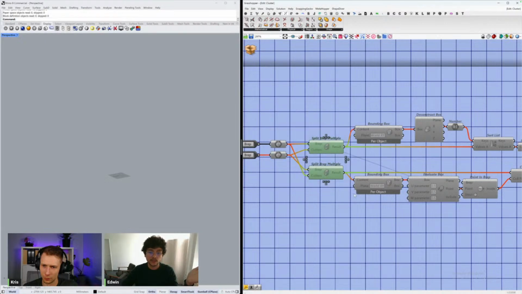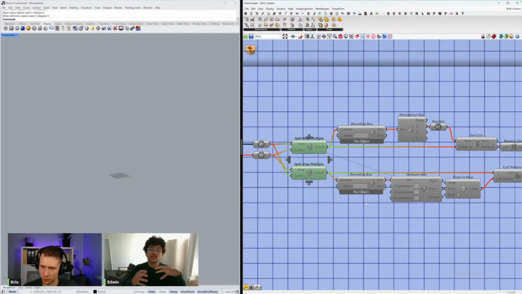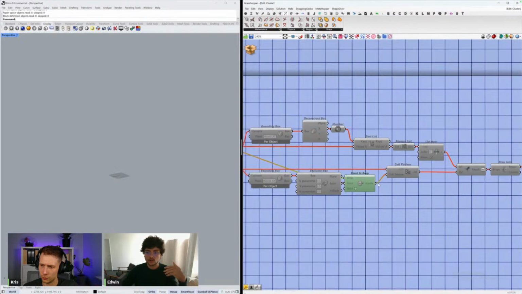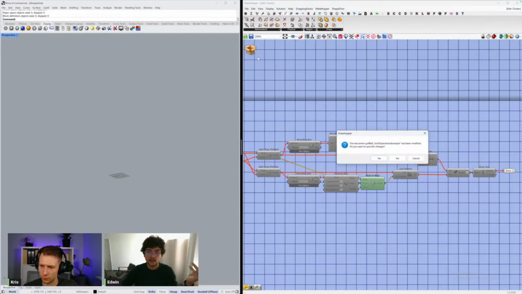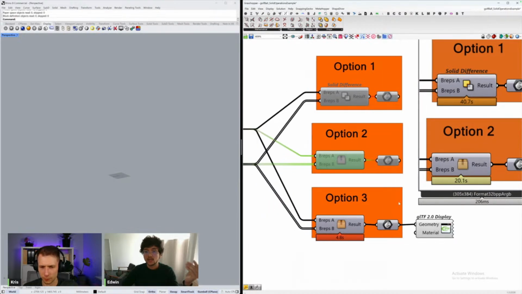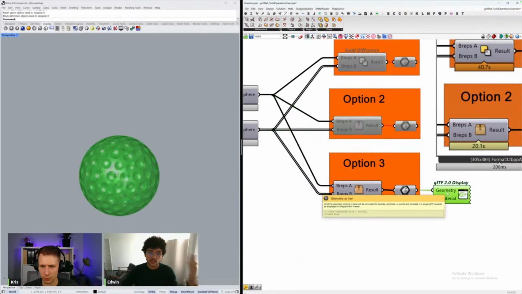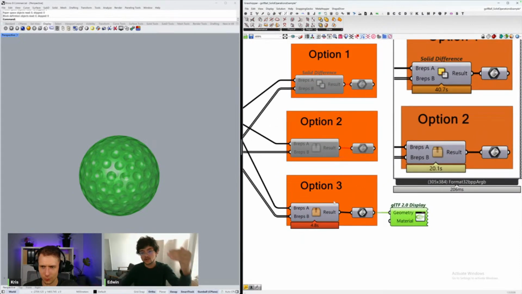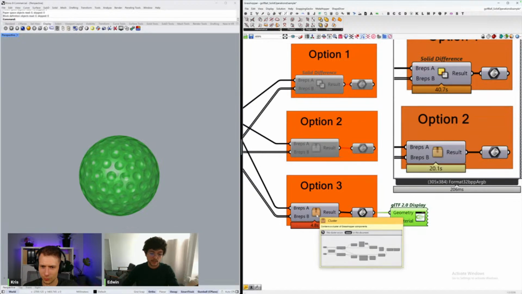But you see here, I'm using the split components, and then I have to do something similar where I decide what is useful and what is not. This is the containment check that I'm doing here. Which part of the surface do I keep? Which part do I throw away? This is still taking 20.1 seconds. And then I have a third option, which gives us the exact same result, and this one takes 4.8 seconds. So we went from 40.7 seconds to 4.8 seconds, and we get the same result.